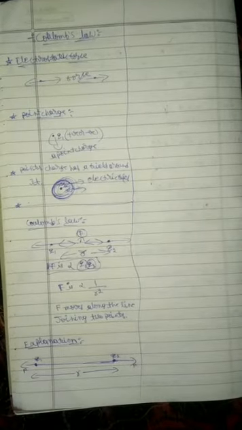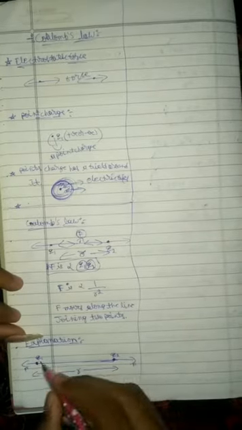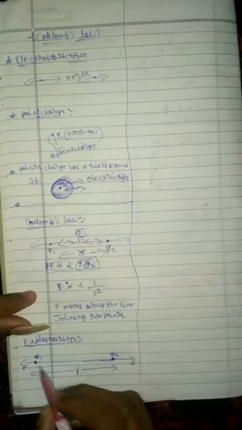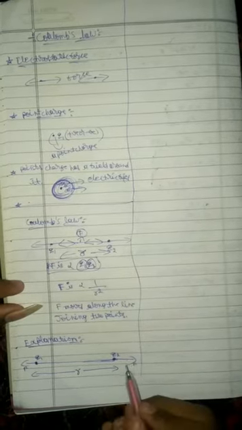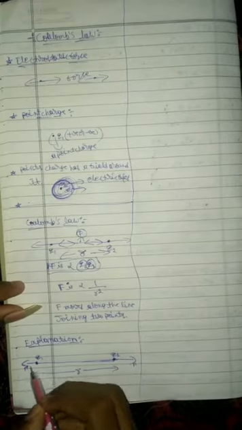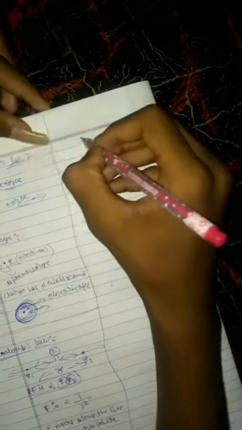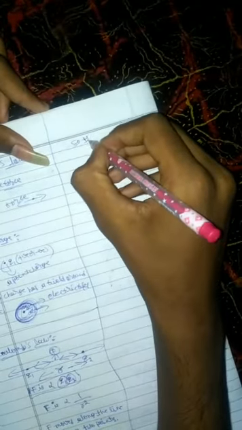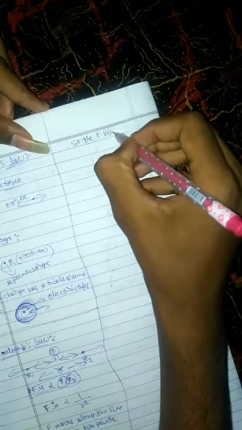So guys, let me explain Coulomb's law, the explanation part. Let us consider these two points as charges Q1 and Q2, and the distance between Q1 and Q2 is called R, and this is the line joining the two points, along which the force acts. So this is the diagram. The force between Q1 and Q2